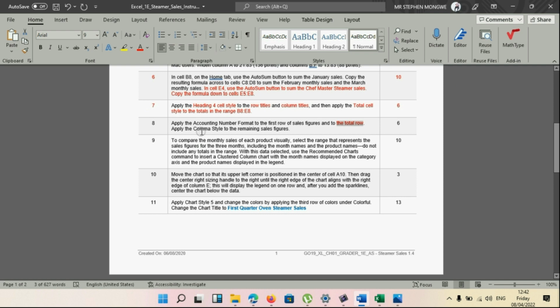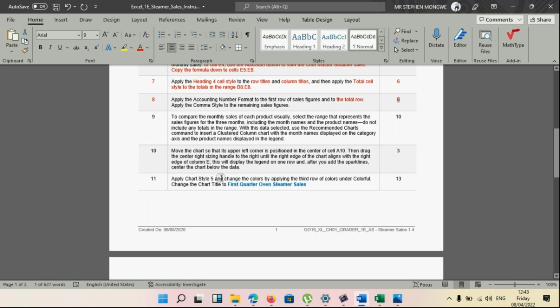We are going straight to our number 9. So we are done with number 8. We took these 6 marks, so we're going straight to number 9. Now, to compare